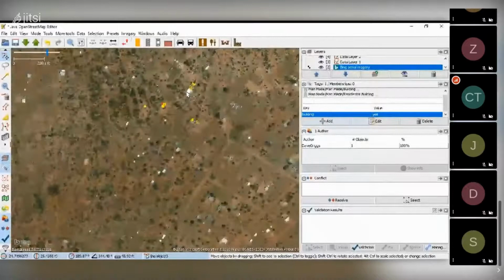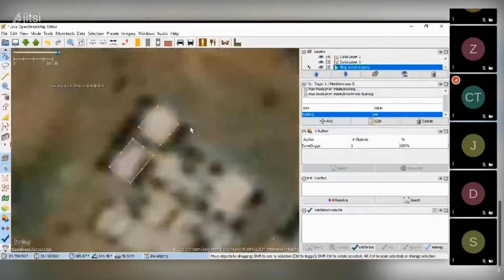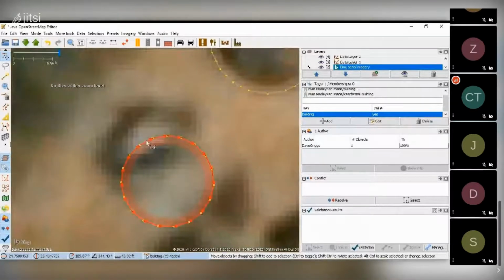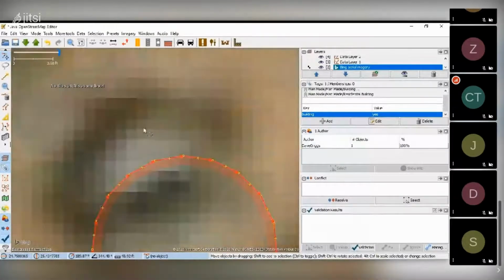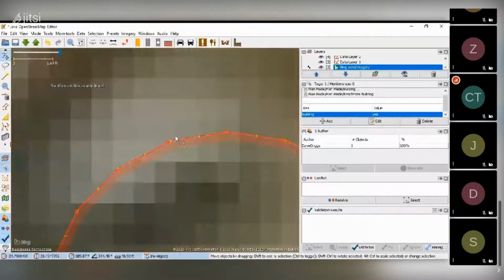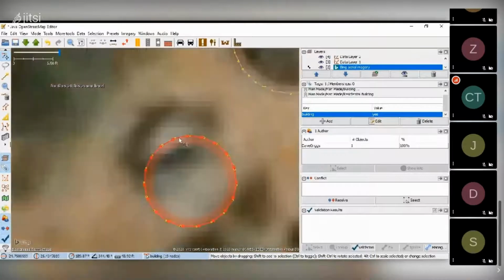This is the work that was added by Dev, the modifications and the additions. So like this one is just an error. He mapped this building as circular, but the building is not circular in shape. So what we will do, we can